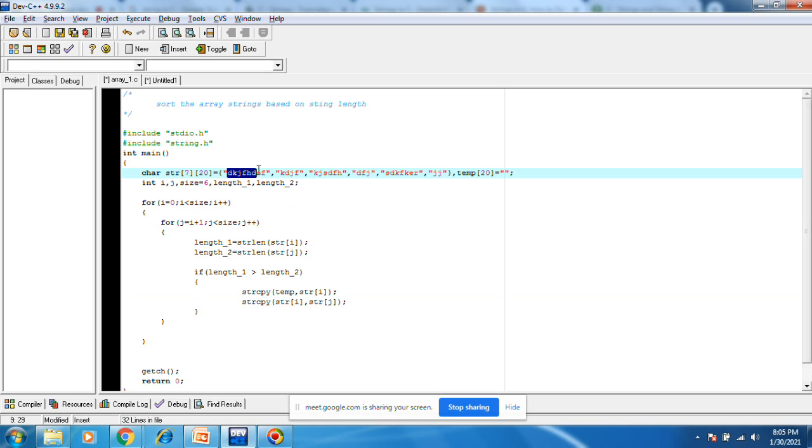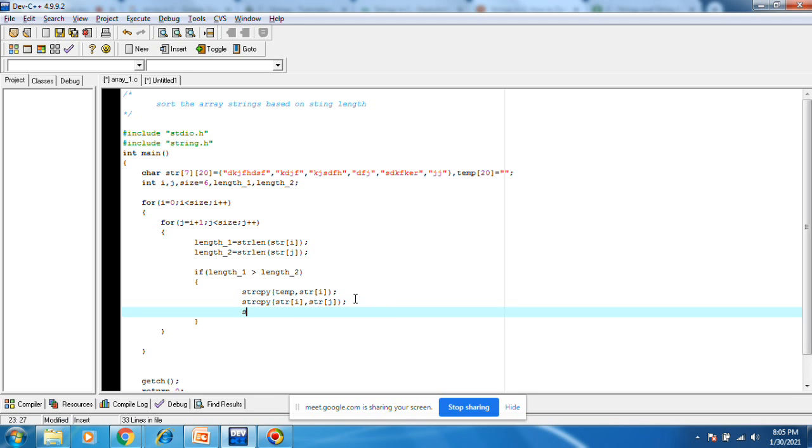The str of 0 value goes to the temporary location, and then str of 1 is copied into str of 0, and then this value will come from temp: strcpy of str of J comma temp.